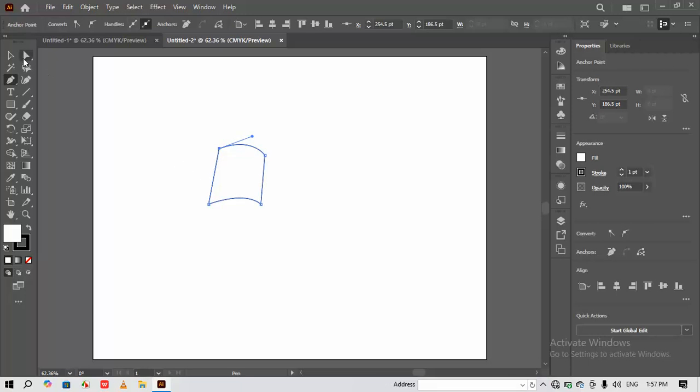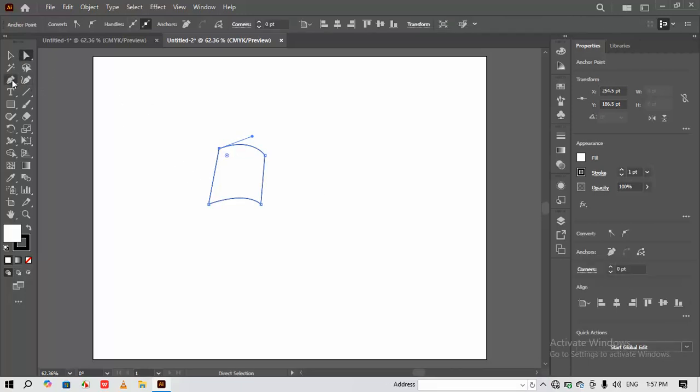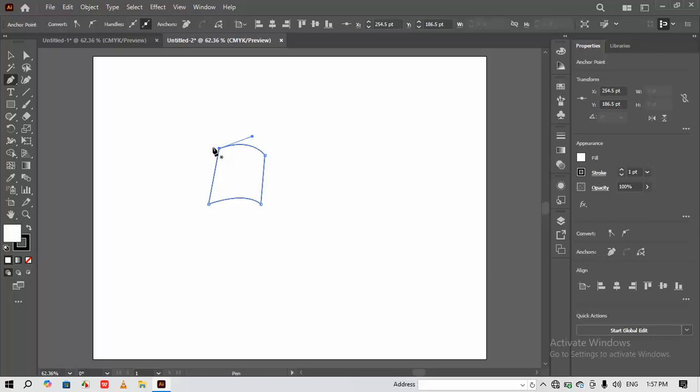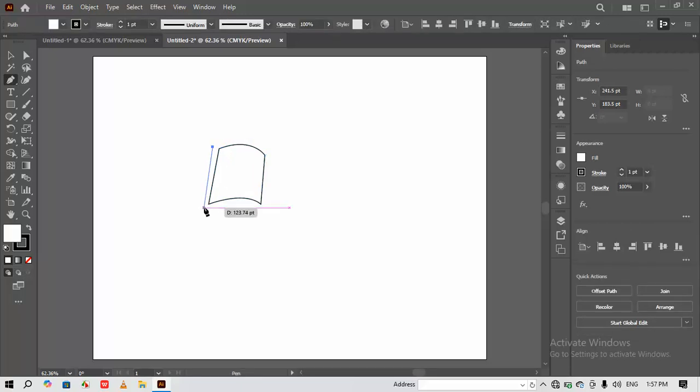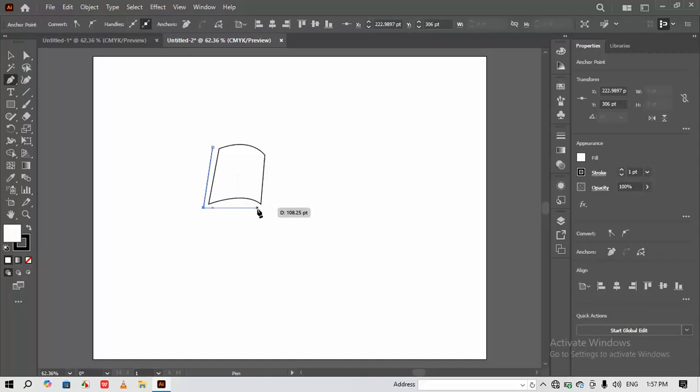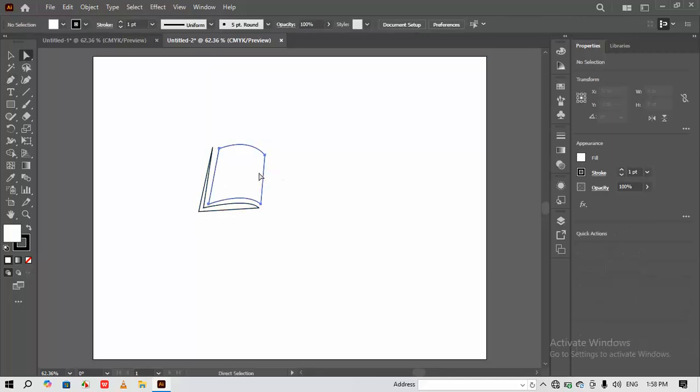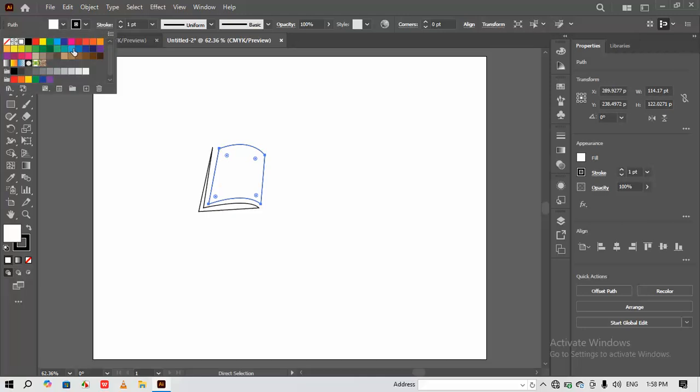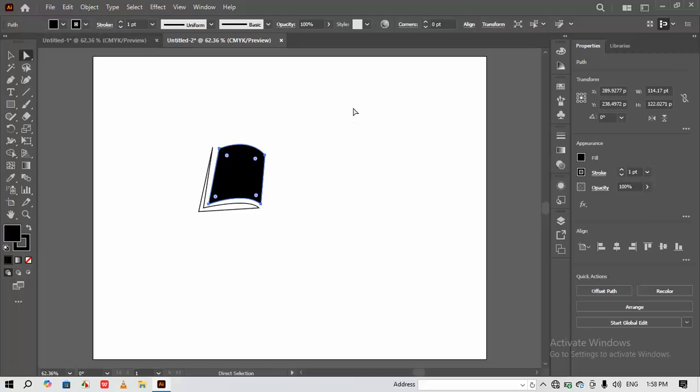So and then go to the pen, click in here or this one and then here, and hold Alt, click in here or here and click here. Okay, so select this one and click this one, change the color, change the background color, and this one select